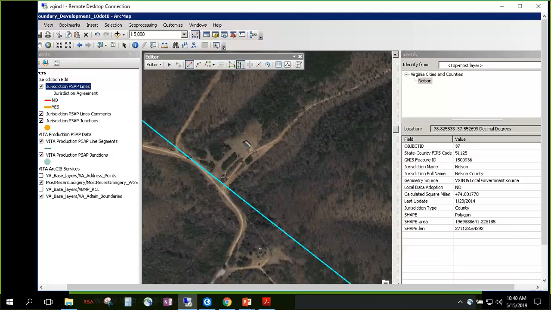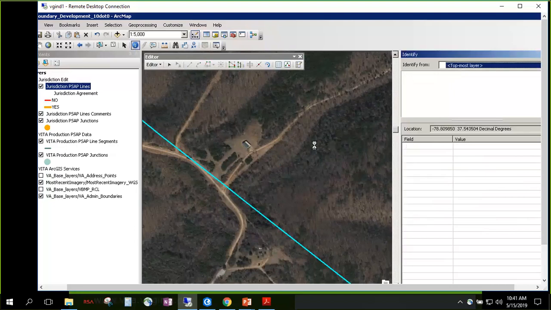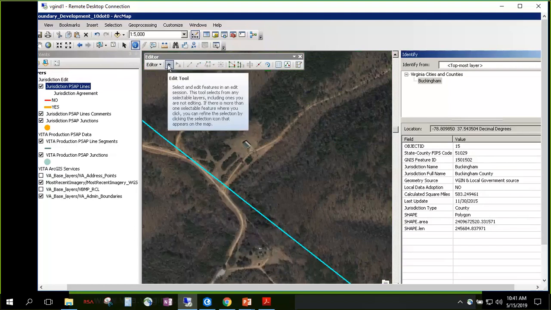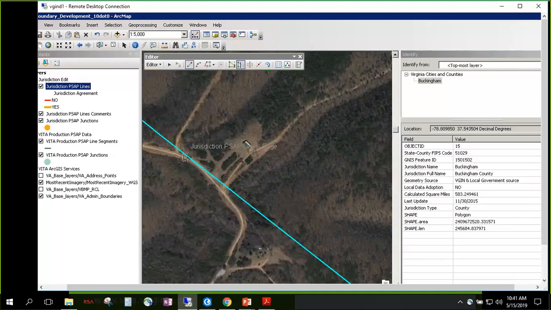If that's the case, it might make sense that the PSAP managers decide to, even if this is in Rockingham County, but, you know, I'm screwing up my geography, Buckingham County, there we go, perhaps a call made from here should be routed to the Appomattox PSAP, and the Appomattox staff answer that call and decide how to handle that. And so if they do decide that, it would be a matter of, okay, let's go in here and adjust the PSAP boundary segment to make sure that if a call is made from that location, from that structure, that's going to route over to the